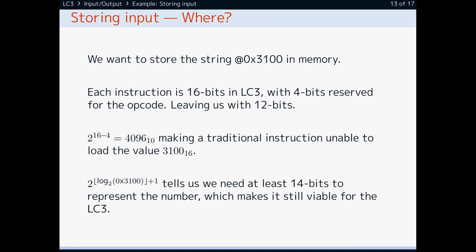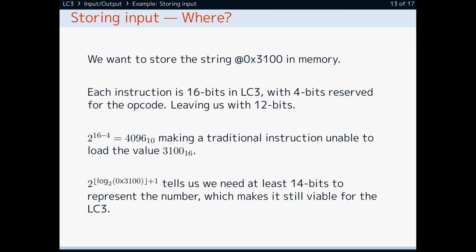So storing input, we should ask ourselves where. We want to store it at memory location 3100 hexadecimal. But before we do that, we need to ask ourselves, what are the instructions we can use for this even? Is this even possible? Does 3100 even fit in the memory of the LC3? Well, the LC3 is 16 bits, with 4 bits reserved for the opcode, leaving us with 12 bits for the operand. So 2 to the power of 12 is equal to 4096,